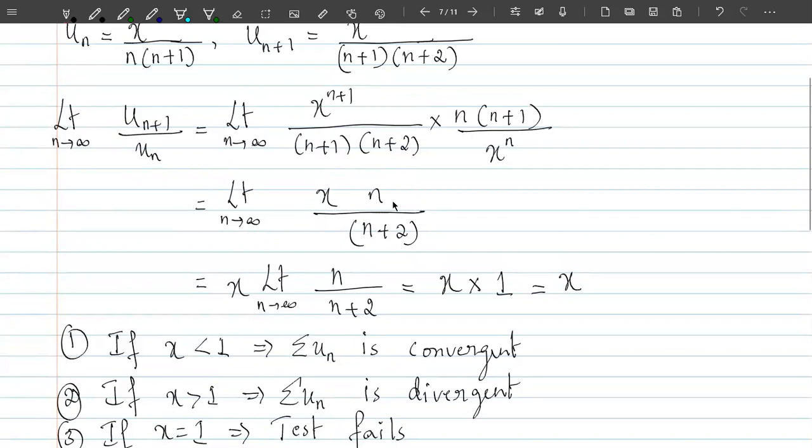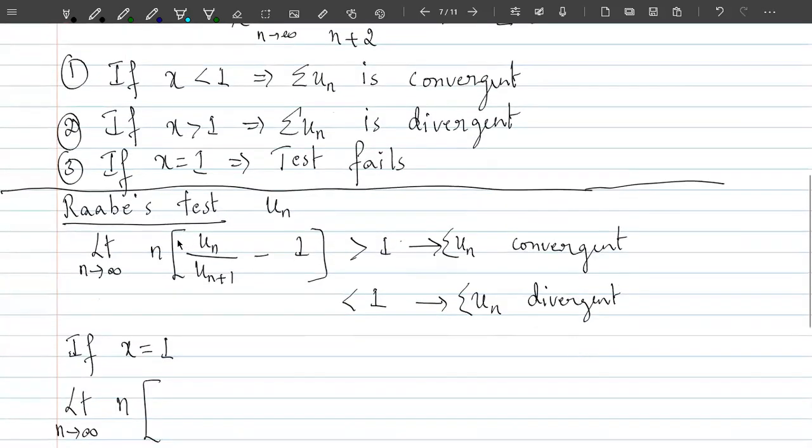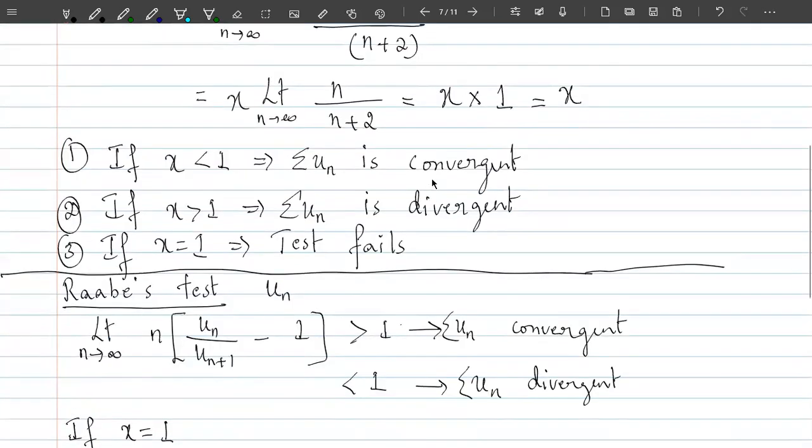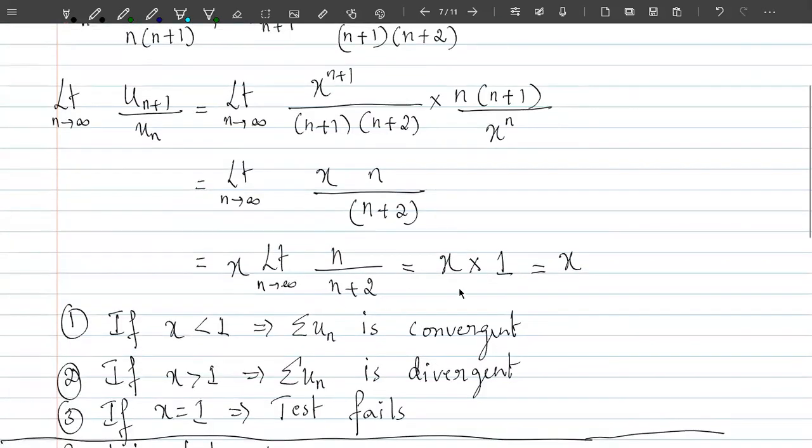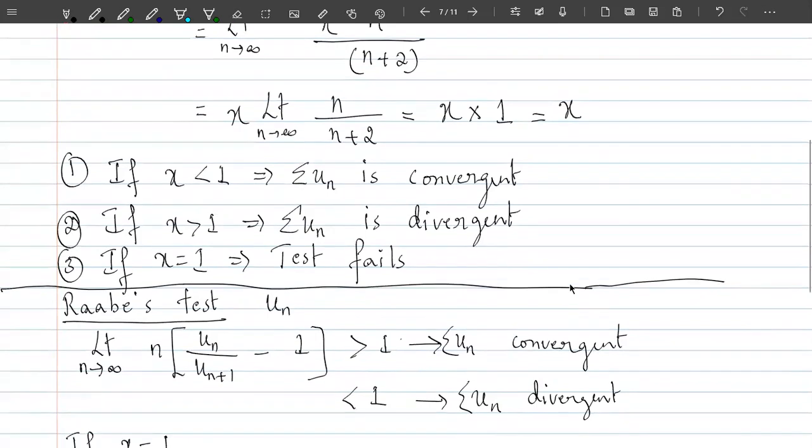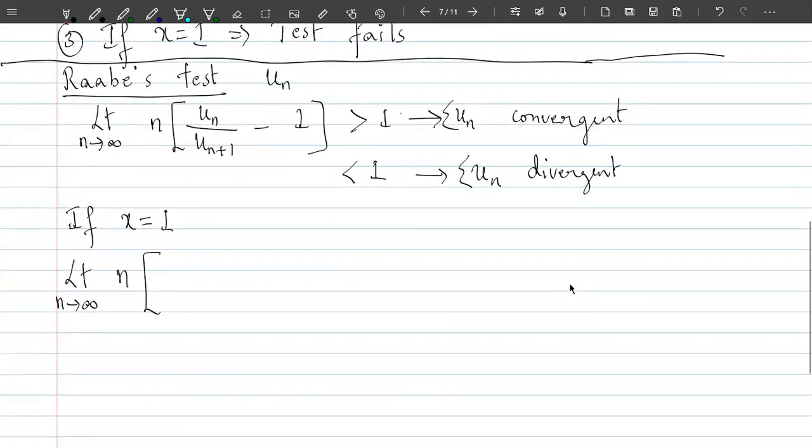It was xn divided by n plus 2. If un plus 1 by un is this value, what should be un by un plus 1? It should be n plus 2 divided by nx. But which value of x are you taking here? x is equal to 1. So what should be un by un plus 1? It should be n plus 2 divided by n